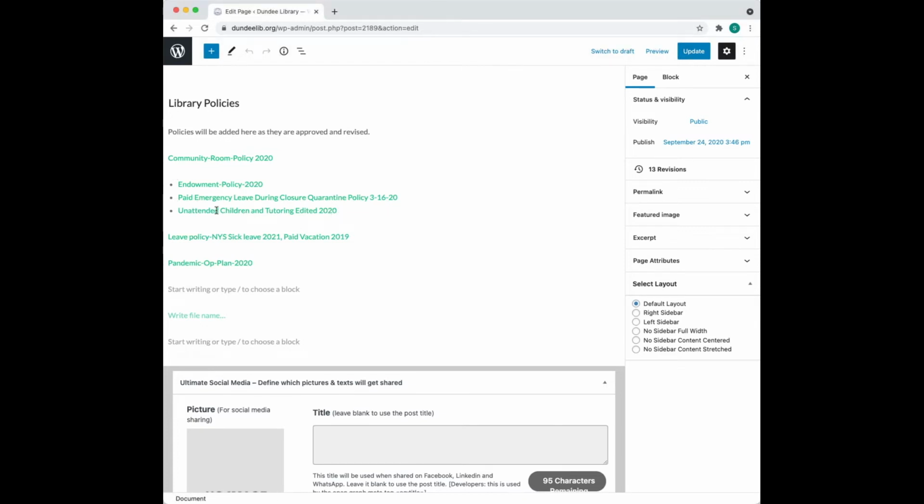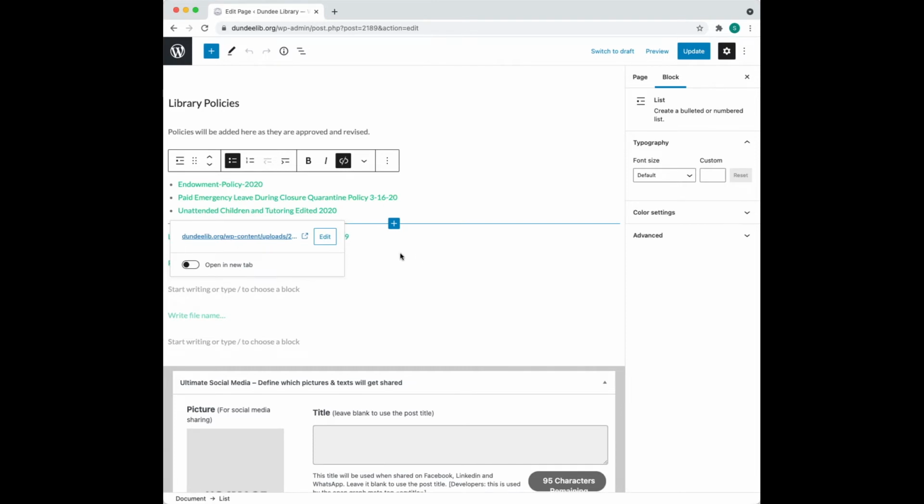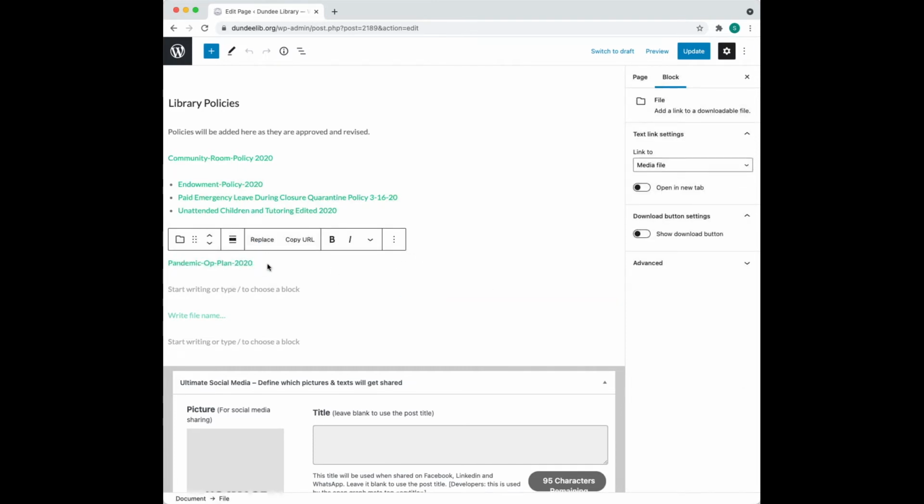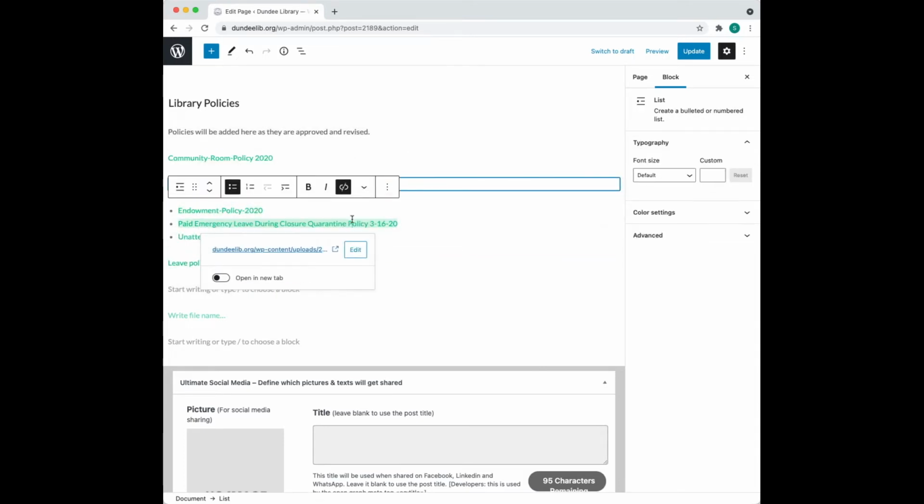So if I wanted to move, let's say, the leave policy or pandemic operations plan up into a different order, I suspect what you're experiencing is that you want pandemic op plan to fall in line with endowment and paid and unattended. Is that correct? But instead it's out here by itself and it's not part of the bulleted list. So the reason for that is that pandemic op plan is its own block. We can see that here when we click on it. So I can move it independently around, but these items here that are in the bulleted list are by themselves